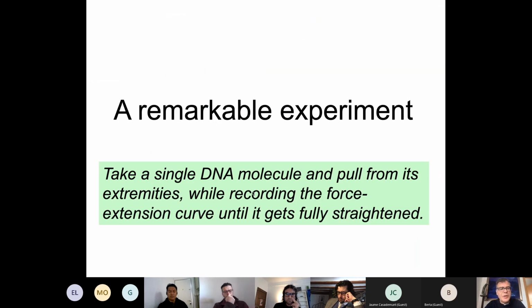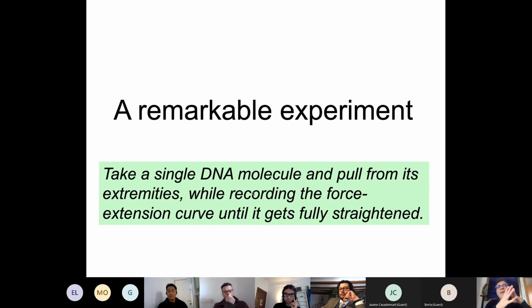So a remarkable experiment that shows you the power of this technique is what I write here. You pull a single DNA molecule by attaching the ends to two beads, then you move one bead relative to the other bead, and you pull the molecule, you exert a force and measure the force extension curve. So pulling a single DNA molecule, you can imagine now it's quite a standard in many labs. It's not an easy experiment because you have to prepare the molecule. There is a biological synthesis part that you have to learn how to do,